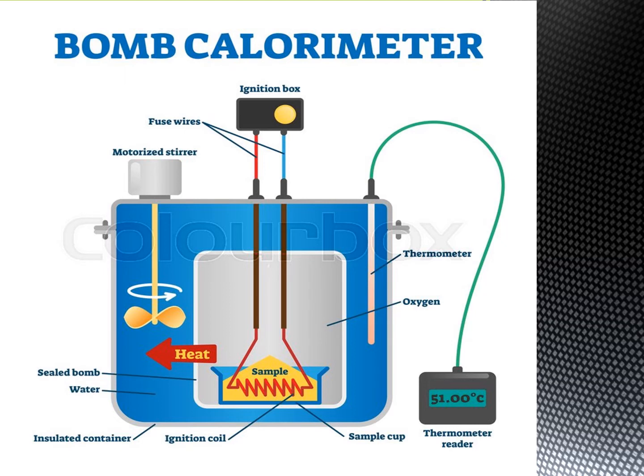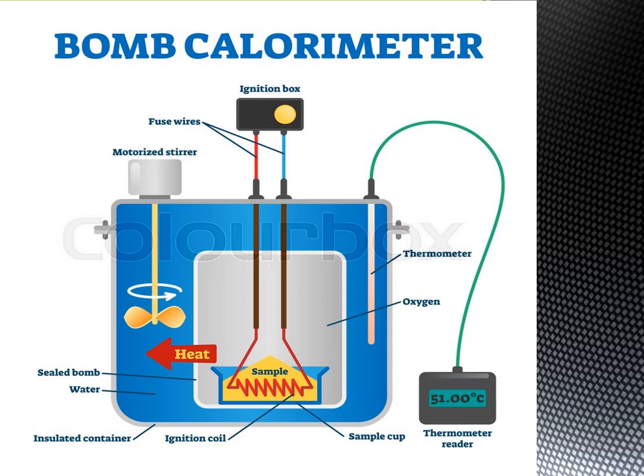The calorimeter constant can be determined by burning a known mass of a standard sample for which the heat of combustion is known. The enthalpy of combustion at constant pressure of the substance is calculated from the equation delta Hc equal to delta U naught C plus delta n g RT. So this is the bomb calorimeter.